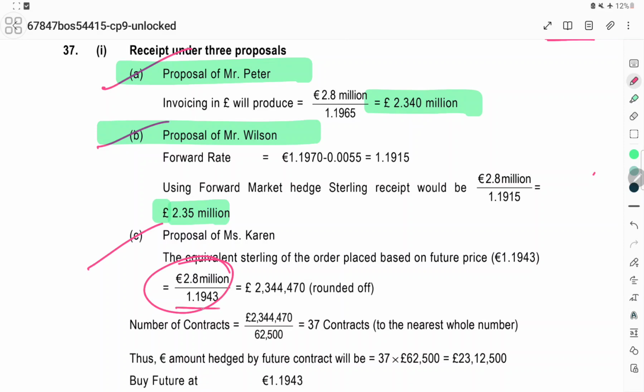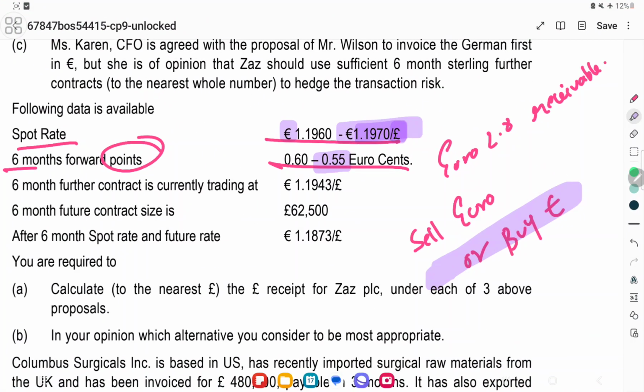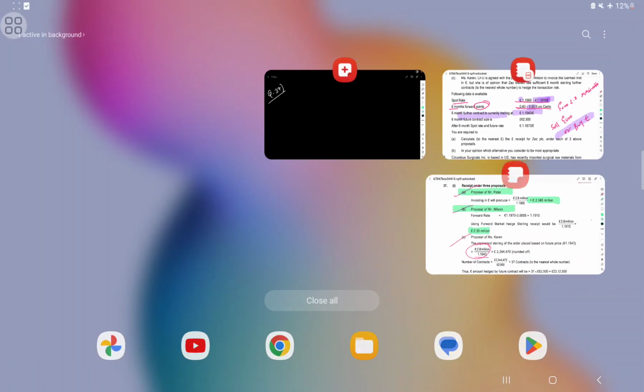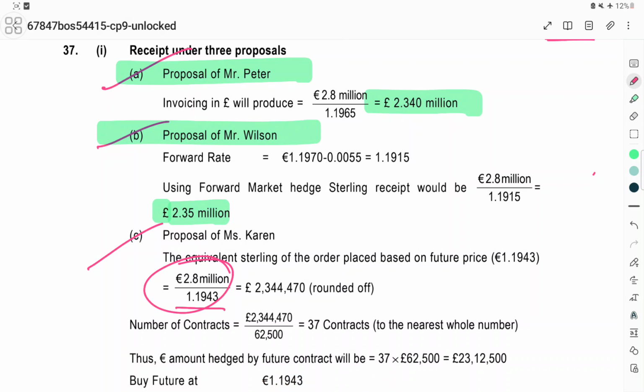Again, we have divided this, and for the future, there was one rate. We go back to the question and see the future contract rate. The future contract is currently trading at 1.1943 euro per pound. And we've already established in proposal 1 and proposal 2, so 2.8 million euro divided by